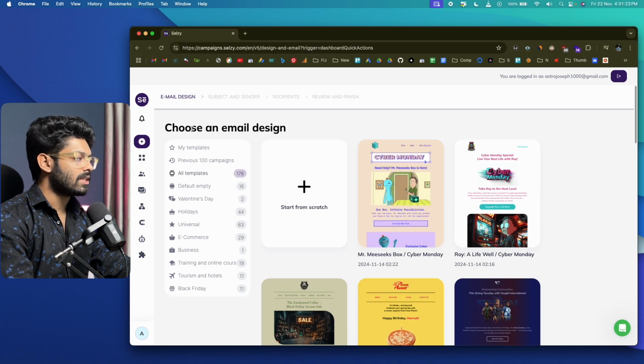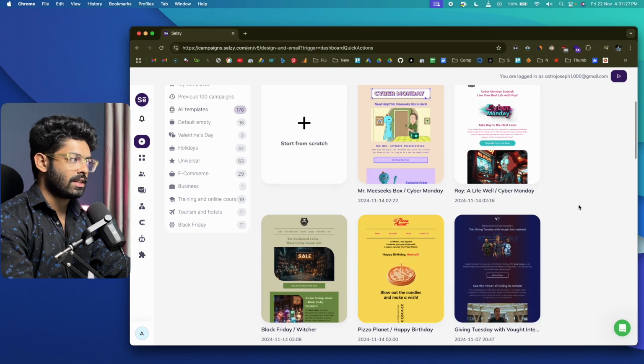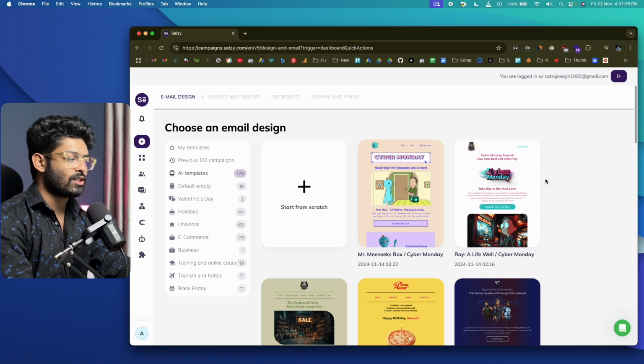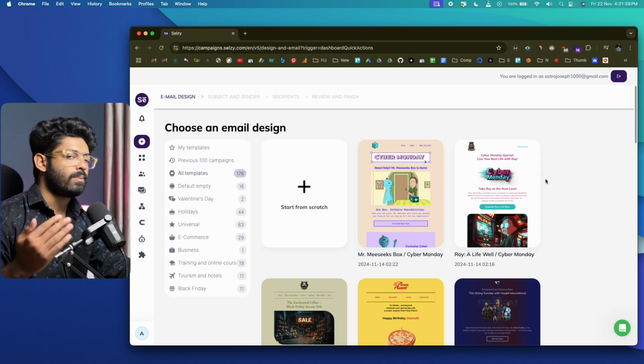So if you go through this section, you will be able to see a lot of templates that you can start customizing in a single click. Selzy has a variety of email templates like Black Friday, tourism and hotels, businesses, e-commerce, holidays, Valentine's Day, and a bunch of others. And let's say you're running late and you want to launch a Black Friday